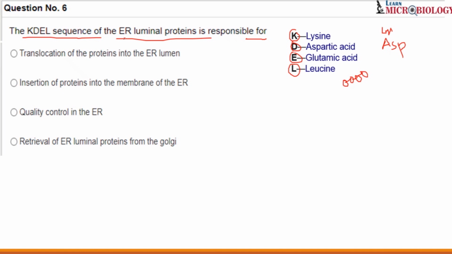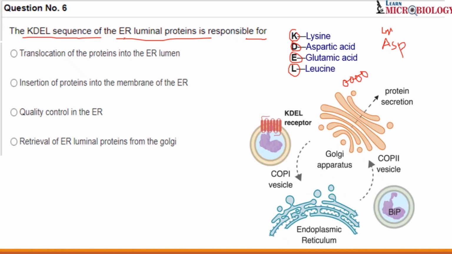But along with other proteins, there will be proteins which have to be in the ER lumen. Yes or no? There will be some protein which has to be in the ER lumen, and by mistake, if that protein goes to Golgi, then what will happen? And then the function of KDEL comes. So if such a protein, like over here, let's say this is a protein, by mistake, through this ER, it went to Golgi. Now it has to come back, and for coming back, it will be bound to this KDEL receptor, and then the KDEL receptor will bring this back into the ER.